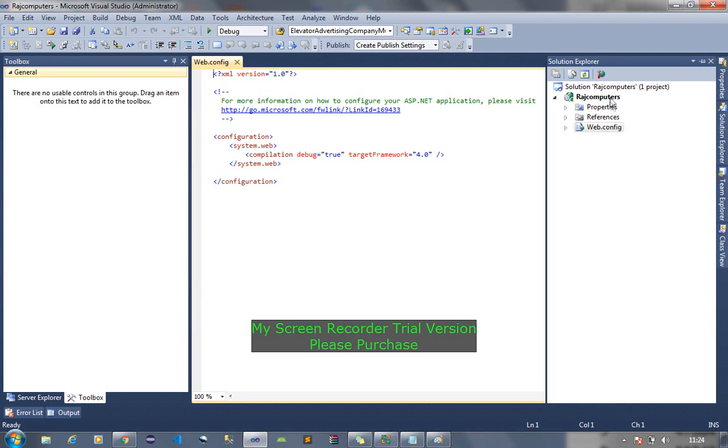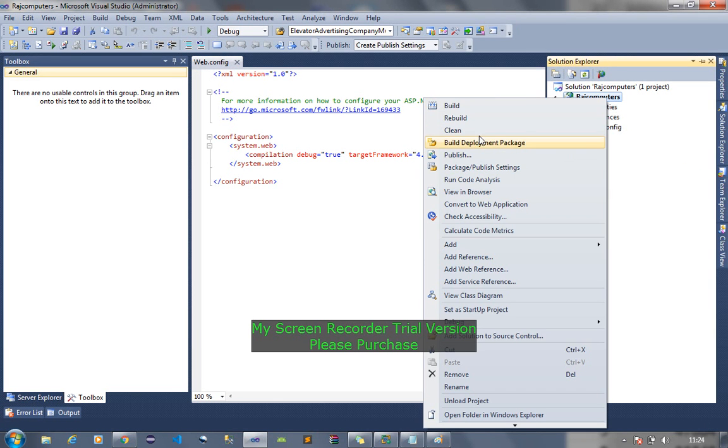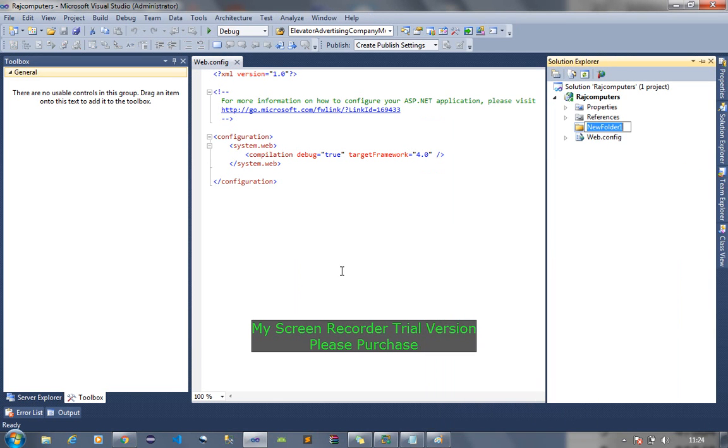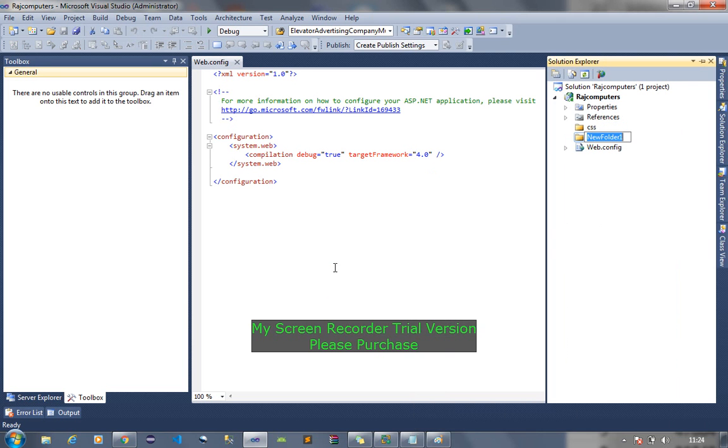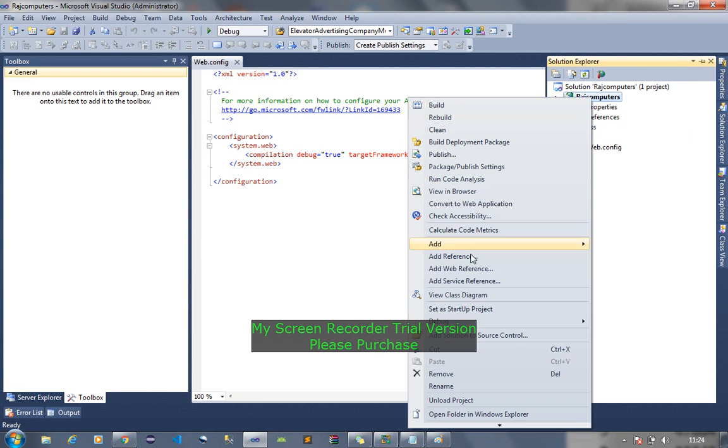Inside this I'll be creating three folders. I right click it, go to Add, and say New Folder, and name it CSS. This is my first folder. Second, I'll create JS, that is JavaScript, and third I'll create images.